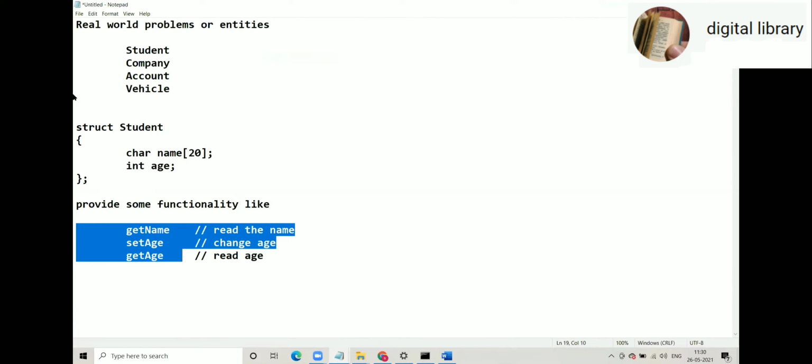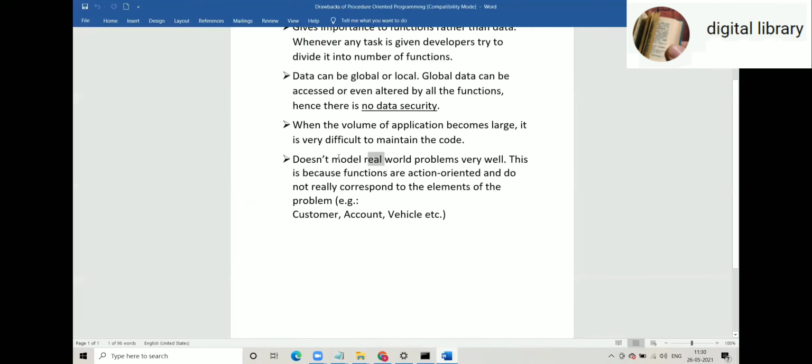That functionality we cannot define inside a structure of C programming. So that's why it is said that it does not model real world problems very well. It does model real world problems to some extent, but not to complete extent. So there are two main